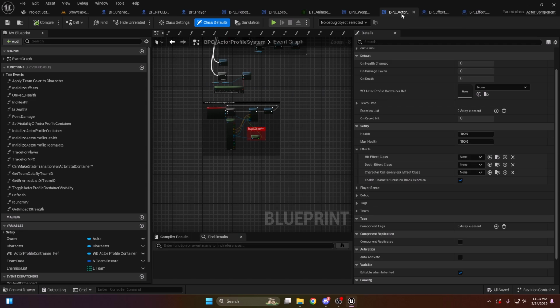So likewise, you can combine those different effects inside this actor profile system, which will give much more realistic and dynamic capabilities. Also, this player sense will be used to understand where the player will be located based on the NPC character, and this more likely will be used